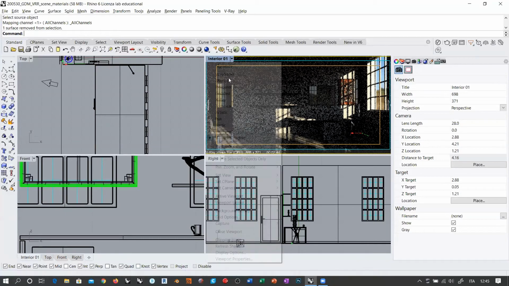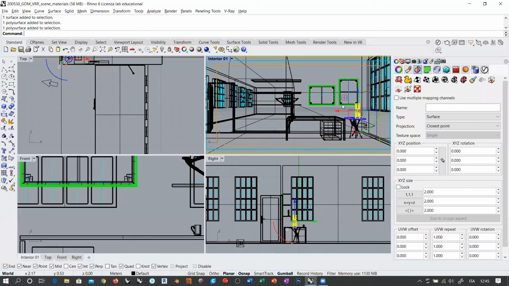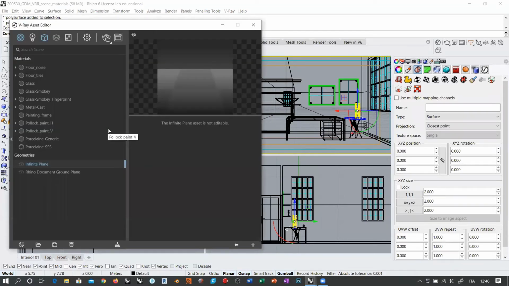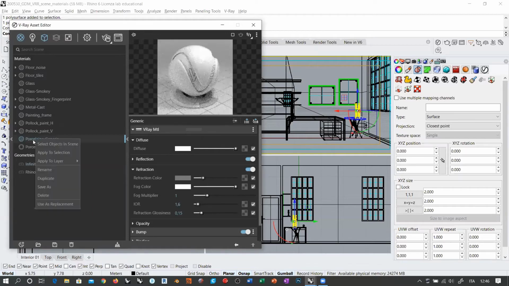Okay, next step, I want to give some material to the legs of this desk. So let's see if we have something else here. No, I would say that, oh yeah, this one, this guy here. I want this also to be something like ceramic, but a different type. So I want to create another ceramic material, for example, we have porcelain generic, which is this one. So if we duplicate this thing,